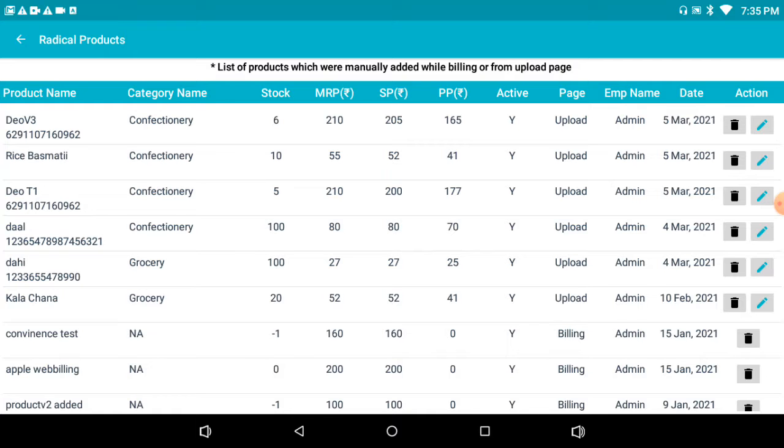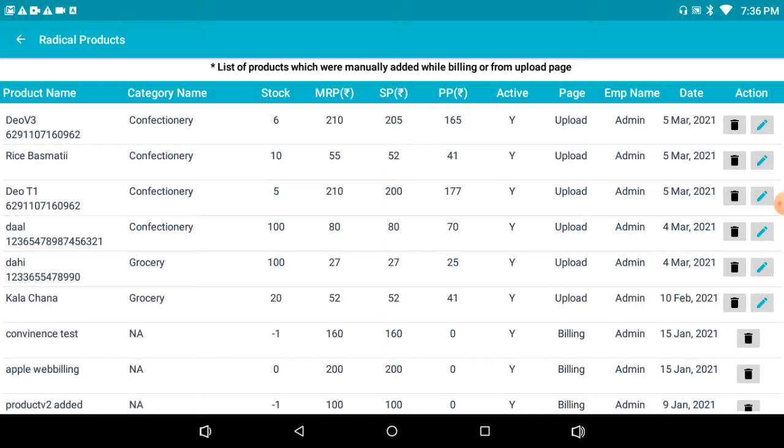You can still upload a few products from the upload page, but when you are creating a GRN, you are maintaining a proper receipt of when this item came and from where it came, what the details on the items were, the tax details, the cess details. You upload all the details of that particular item when you are creating a GRN. But when you are uploading simply from the upload product page, you don't maintain all the details, such as which distributor this item came from and when this item came in the store.